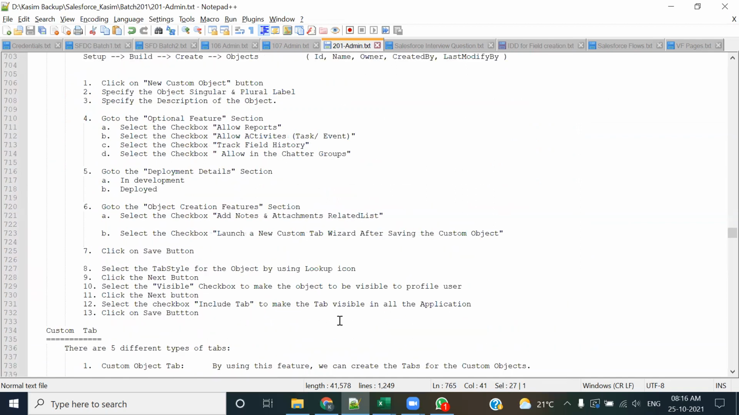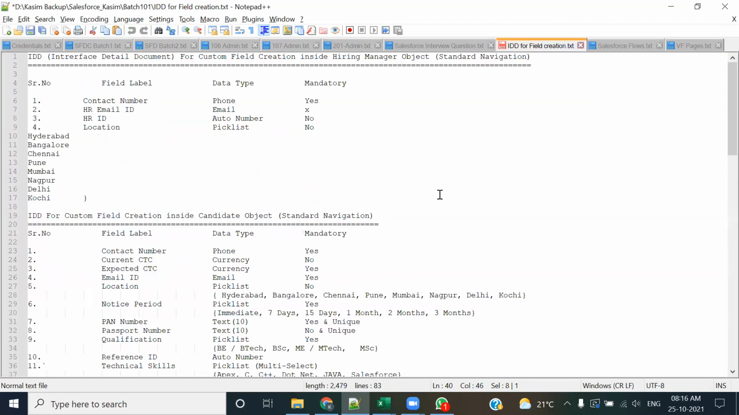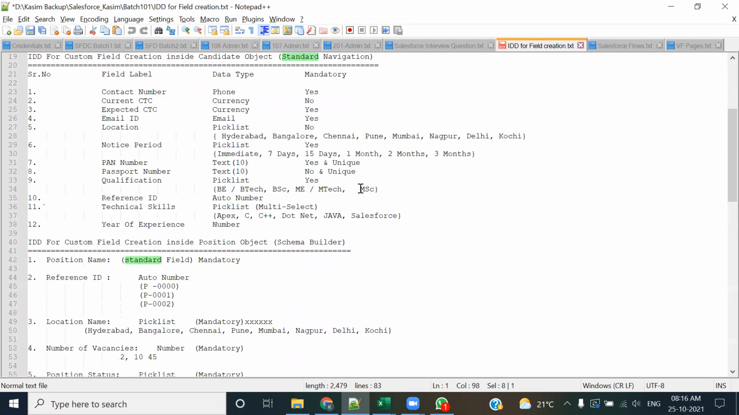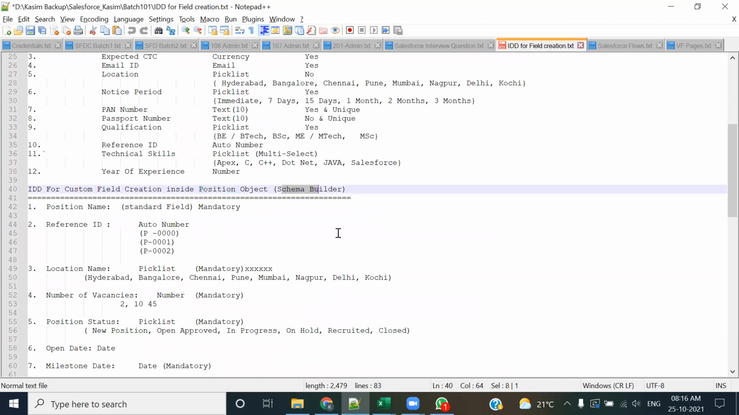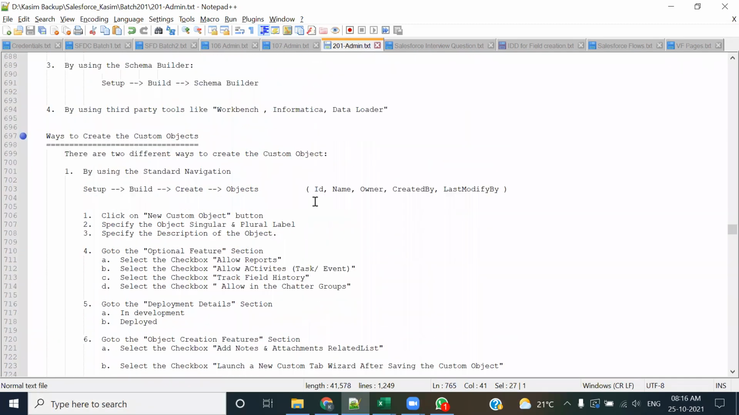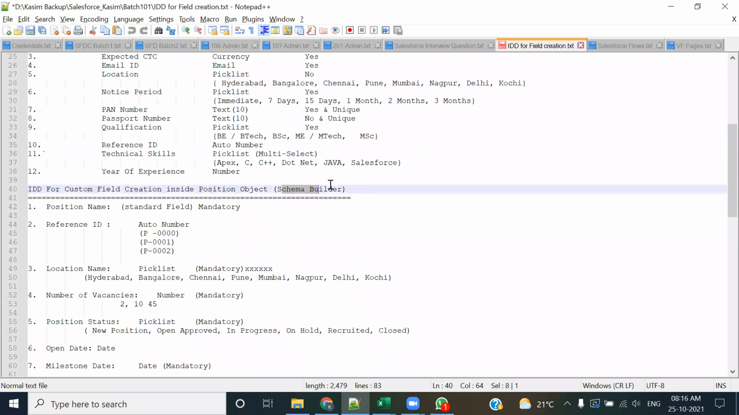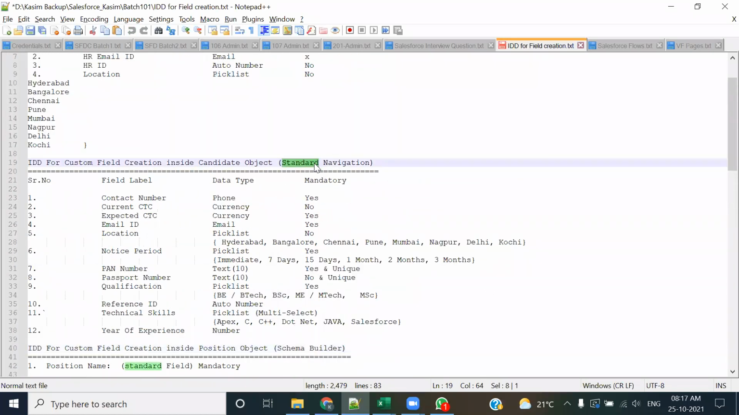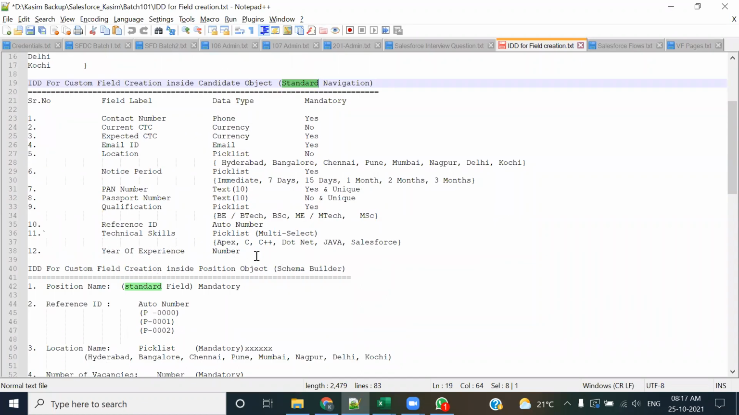Okay, don't worry, because we have 3 different objects. I will do one thing over here: for the hiring manager and the candidate, we will follow the standard navigation. ठीक है? And हम फिर ऐसा करते हैं कि for the position object we will follow the schema builder, so that you will get the flavor of these two techniques. आपको दोनों आना चाहिए. So once we have completed the creation of hiring manager and candidate with standard navigation, and the position with the schema builder,